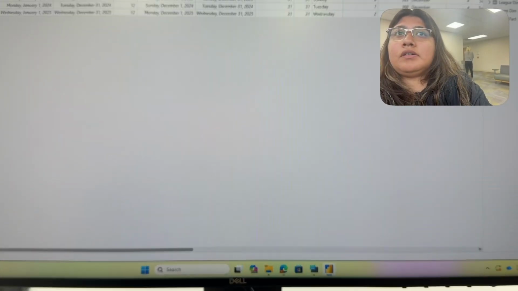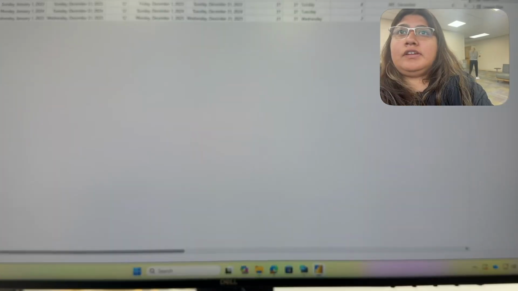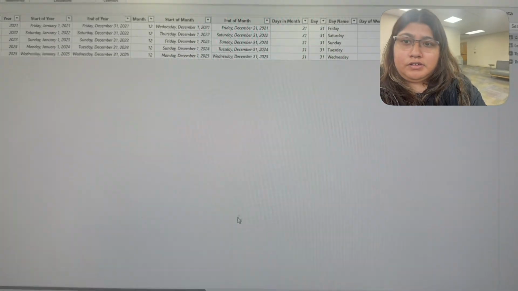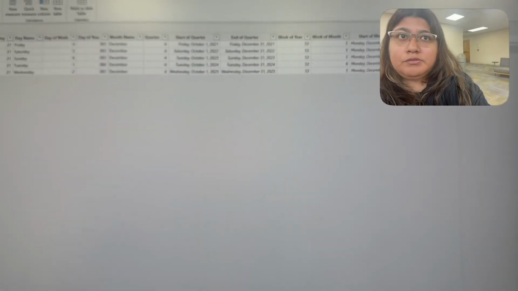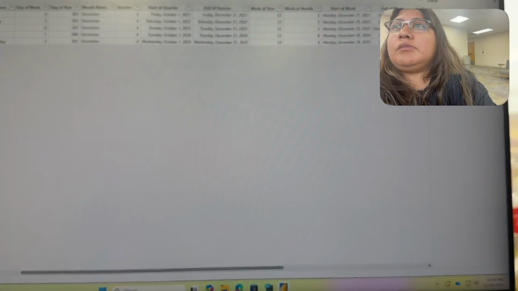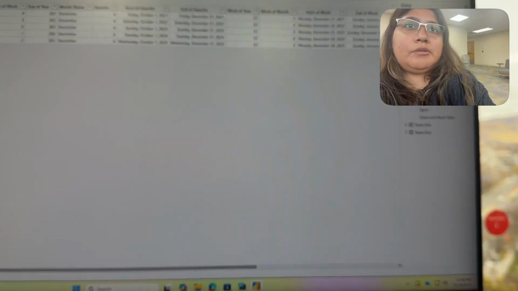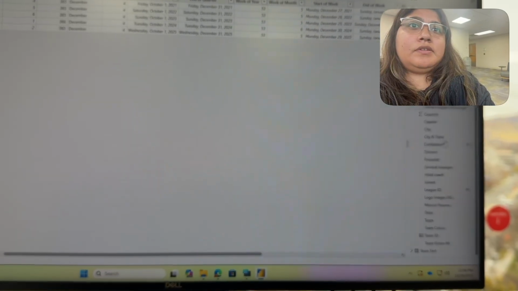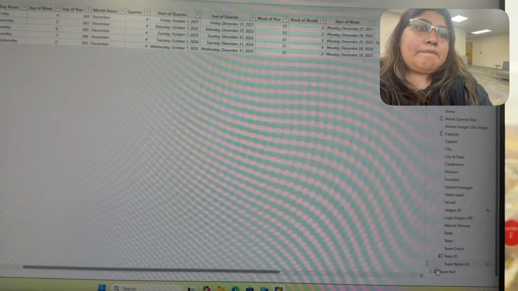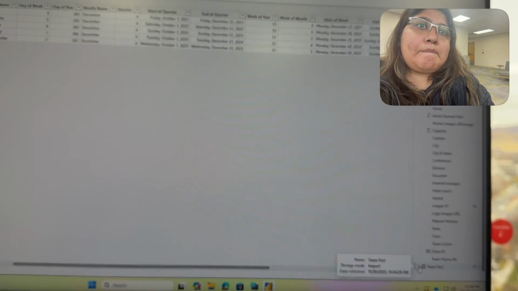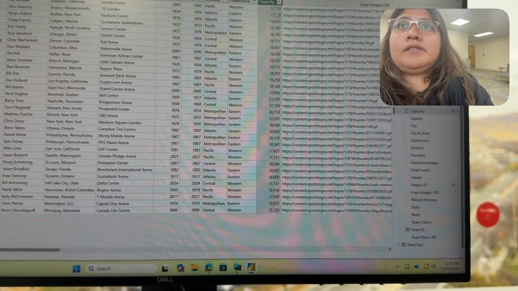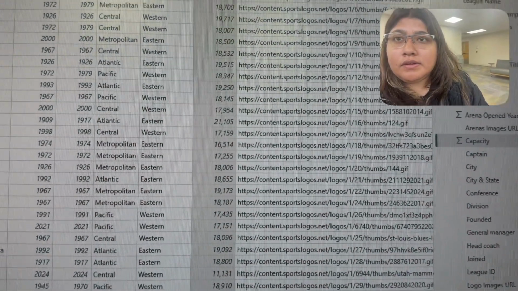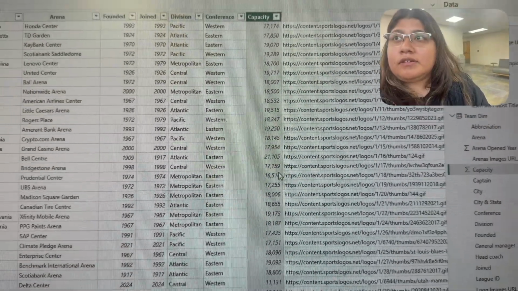I went here and checked that the data was looking good. There were no nulls, everything just transferred smoothly. One thing I remember was with capacity. Where was it? Here, capacity. So capacity, I added this decimal thing,